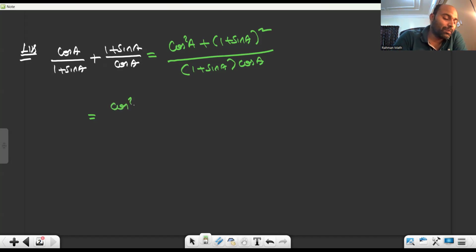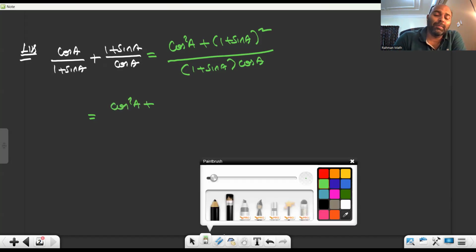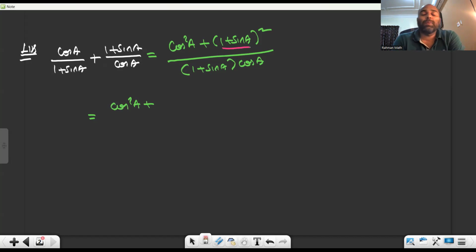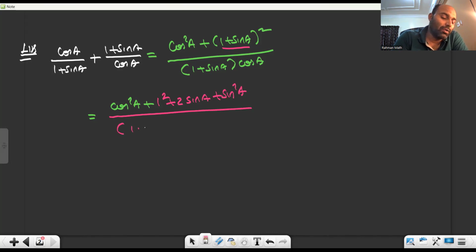Now, when you are expanding the numerator, many people make mistakes. 1 plus sine A whole square is A square plus 2AB plus B square. Like that you have to proceed. A square plus 2AB, 2 into 1 into sine A, plus sine square A. I told you repeatedly, denominator no need to do anything. 1 plus sine A into